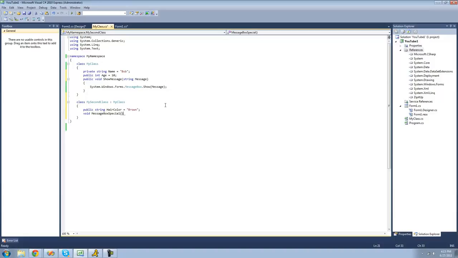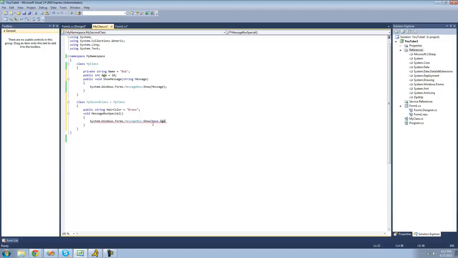And what we can do here is access all the non-private members in this class. So if we wanted to have a message, System.Windows.Forms.MessageBox.Show. If we wanted to access this integer age right here, we could do base dot and then age, because